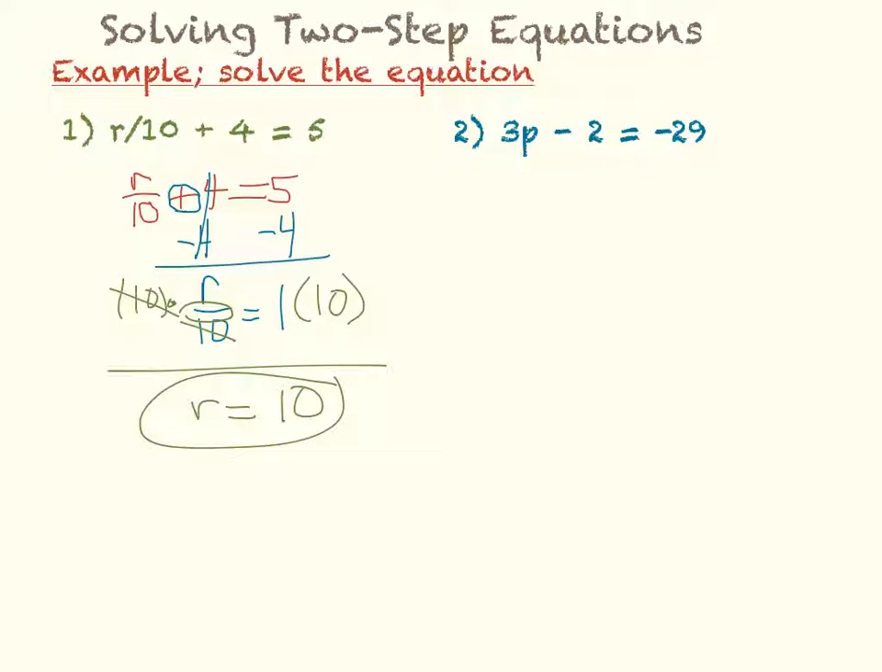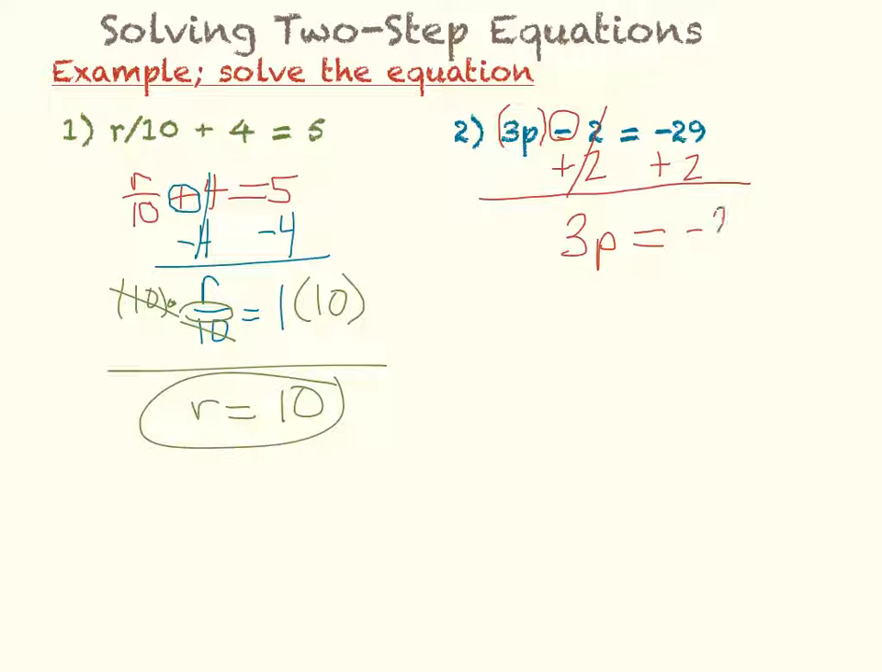In this next problem, we have 3p minus 2 equals negative 29. The 3p is very close together. The 3 is touching the p. So that means that if we're working outside in, then we're going to start with this minus 2. The opposite of minus is plus. So I'm going to add 2 to both sides. So negative 2 plus 2 cancels out, leaving me with 3 times p equals negative 29 plus 2, which is